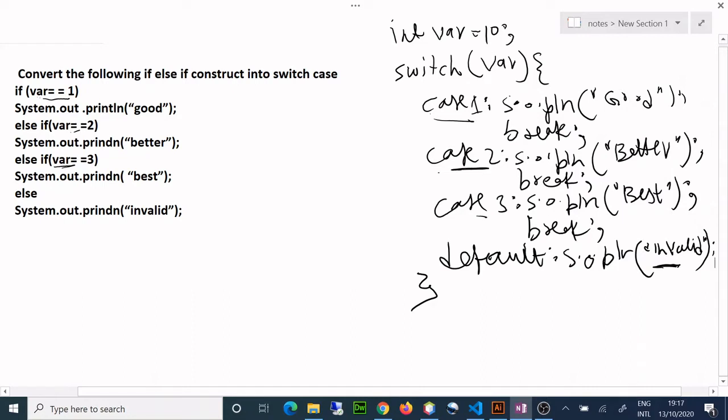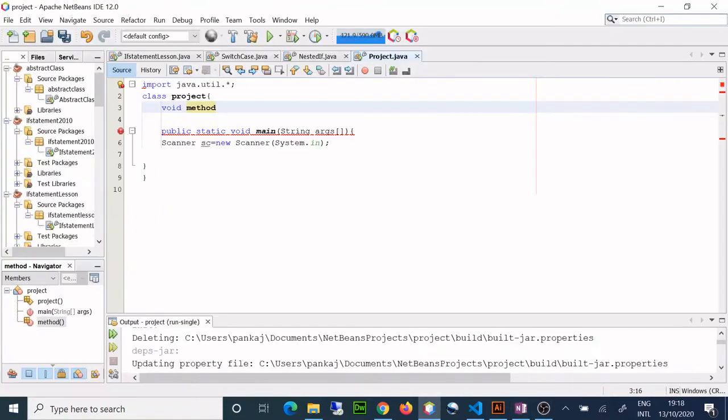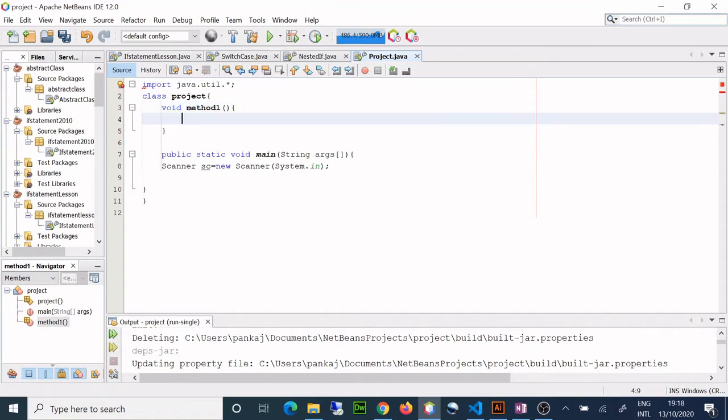I hope that you understand. Now the next thing, and that is how can we use this in a project to design methods. Method 1. I'll write here println, and let's say I write here hello.